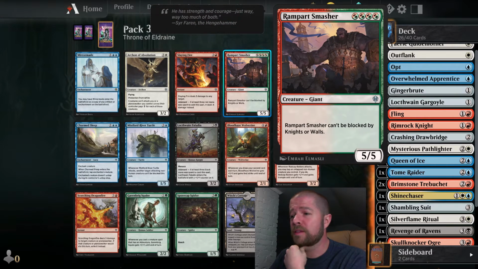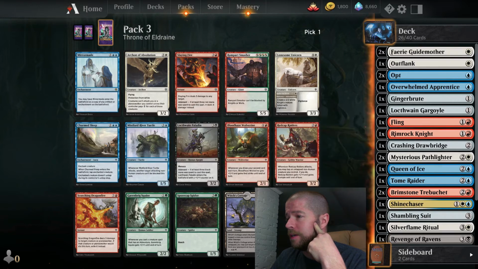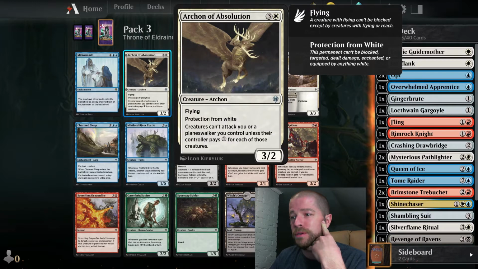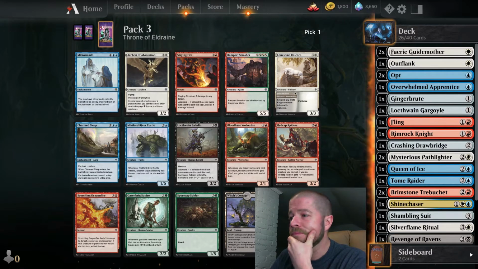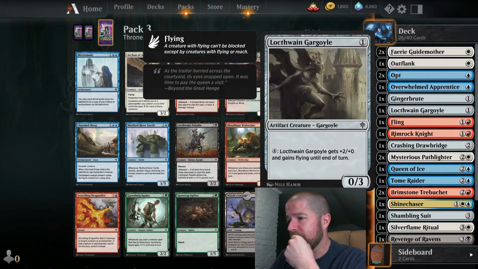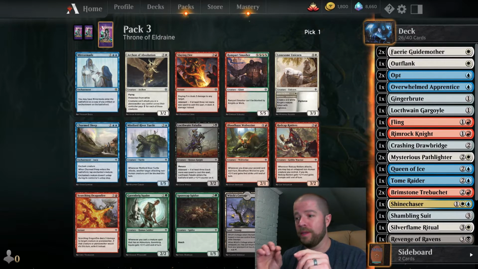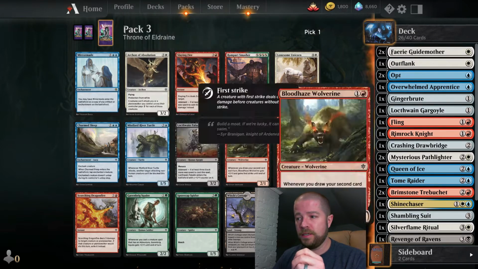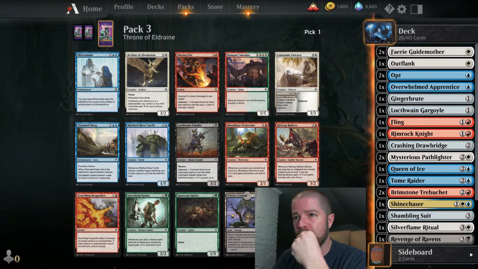Rampart Smasher, if you guys watched my last video, just absolutely wrecked my face. This is a really tough call. I could still end up in red here, and Slaying Fire is really good, and so is Archon of Absolution, a 4 for a 3/2 flyer with protection from white that makes your opponents pay more. And the Mirror Maid is really good. Is the Mirror Maid that good, though? That's the question. I feel like it could be really cool with the Shambling Suit. I really want to see whether they give each other a double bonus, whether Mirror Maid, when it becomes a copy, is still an enchantment and an artifact, and then they both get a bonus of 2 off of it. I really want to try it, but I think I can...